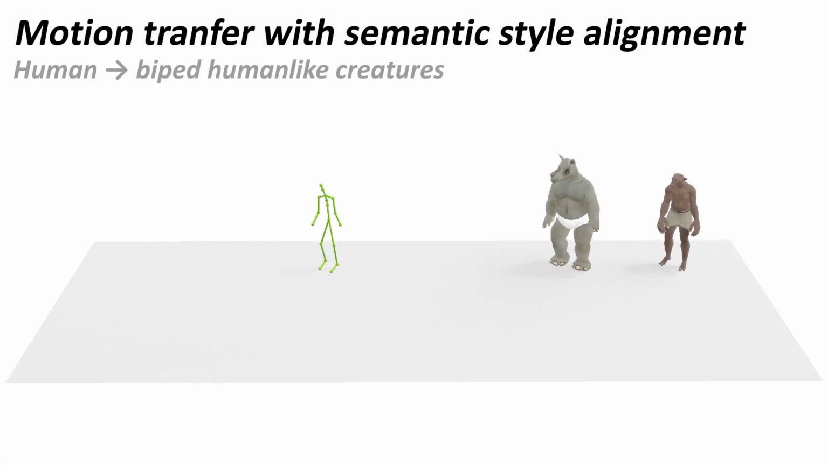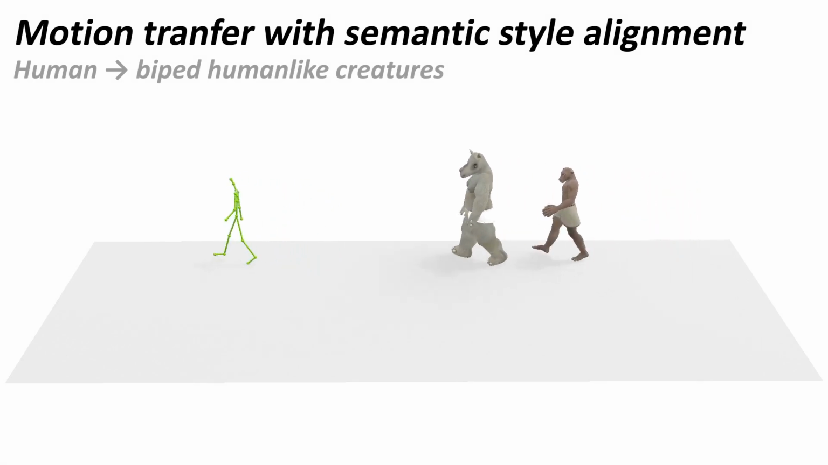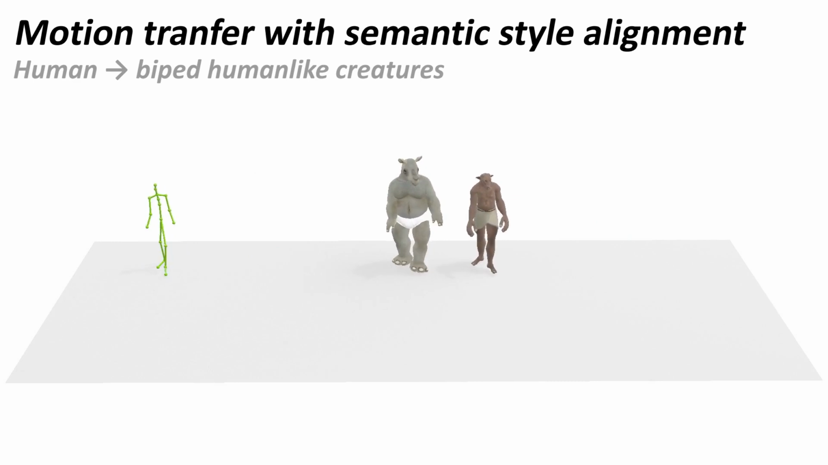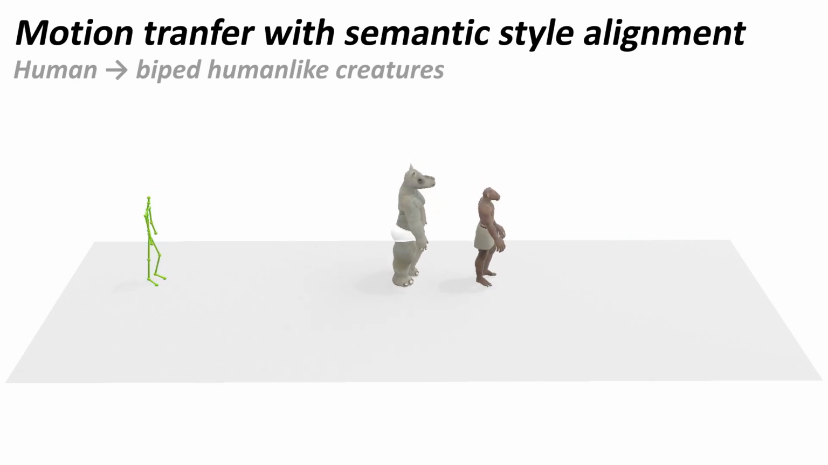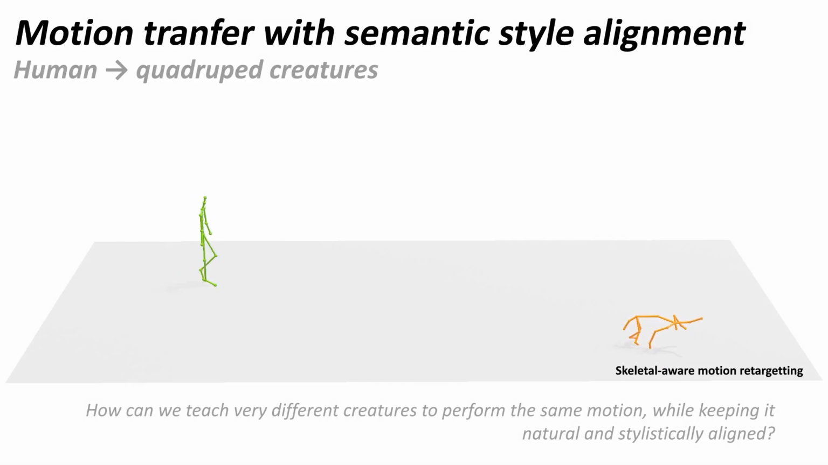Motion retargeting is a central problem in character animation. While existing methods perform well when source and target share similar body structures, transferring motion across different morphologies, for example, from a human to a quadruped, remains extremely challenging. In these scenarios, preserving the style of the motion is particularly difficult, and results often appear unnatural or inconsistent with